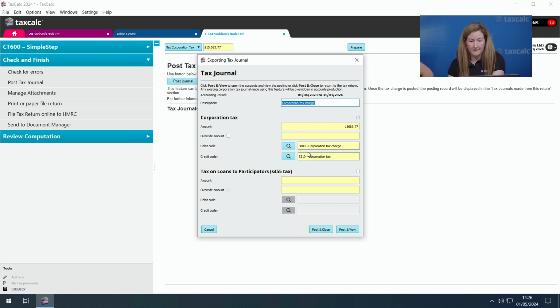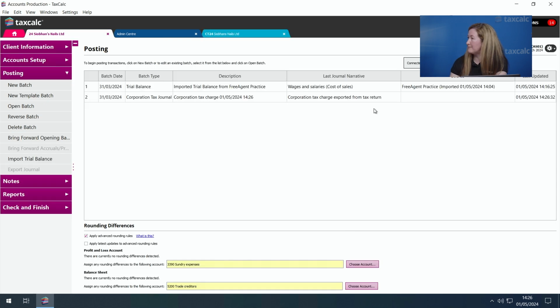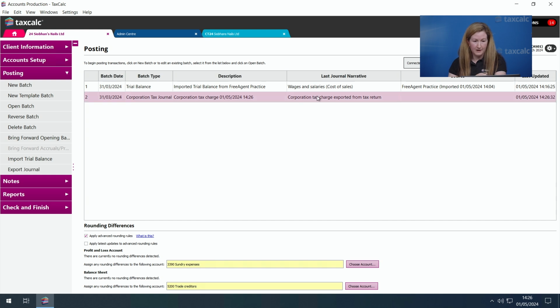Obviously I can override that if I wanted to, or I'll split out the tax between the normal tax and the section 455 tax. I didn't say that right, did I? 455. 455. And I can post that figure automatically back into accounts production. So you'll see here that actual amount's gone in there. It date and time stamps it, so I know where it's come from. And what I